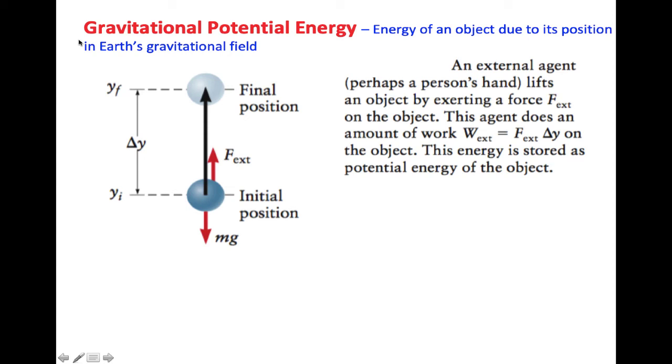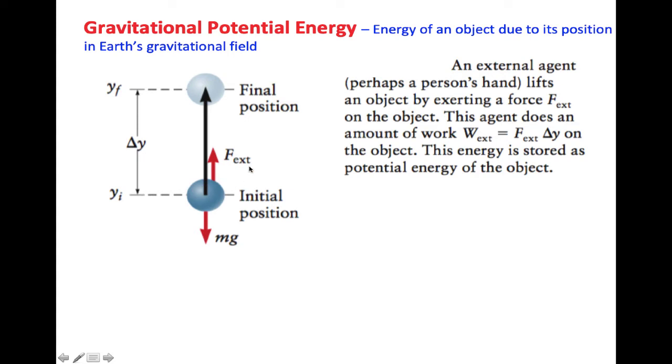Derivation of formula of gravitational potential energy. Gravitational potential energy is energy of an object due to its position in Earth's gravitational field. The scenario here is that we are raising a ball over a height delta y, and to raise the ball